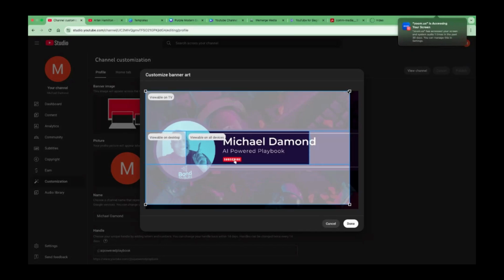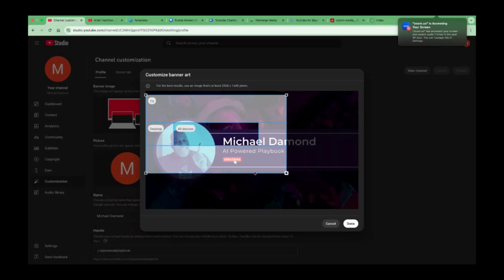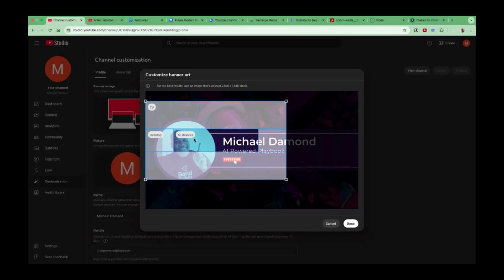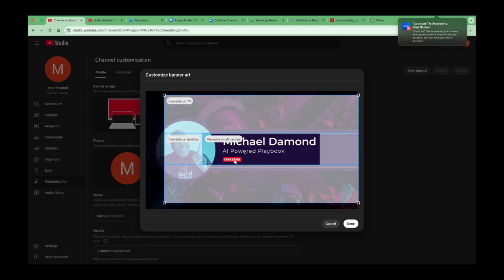So this is one of those things that you might have to play around a little bit with and kind of highlight the area that you want to focus on. The all devices is basically what's going to show. That's usually the smallest screen, the mobile screen. So I would go back and probably adjust this a little bit more so that my picture fits into that